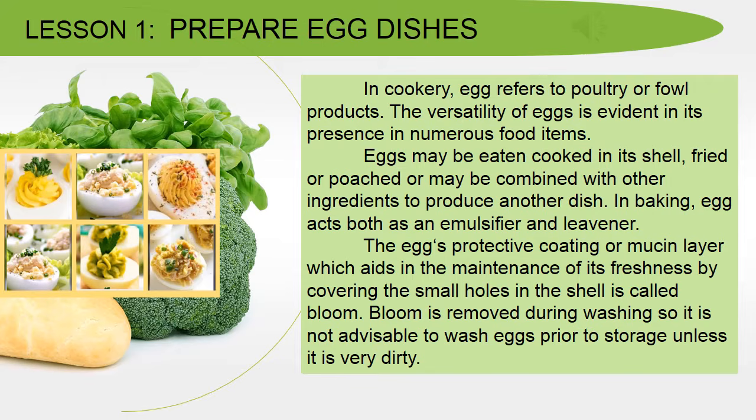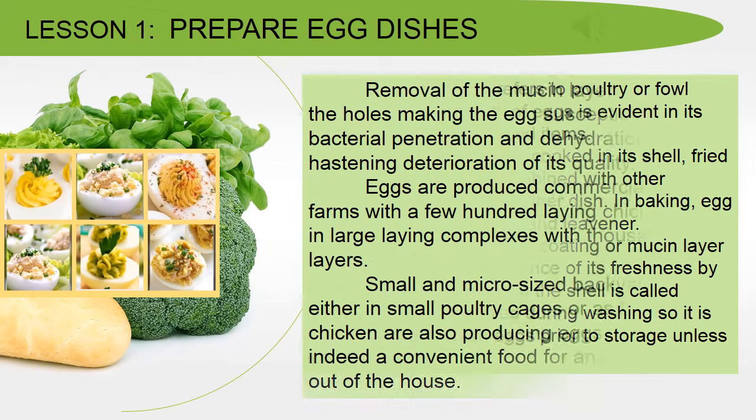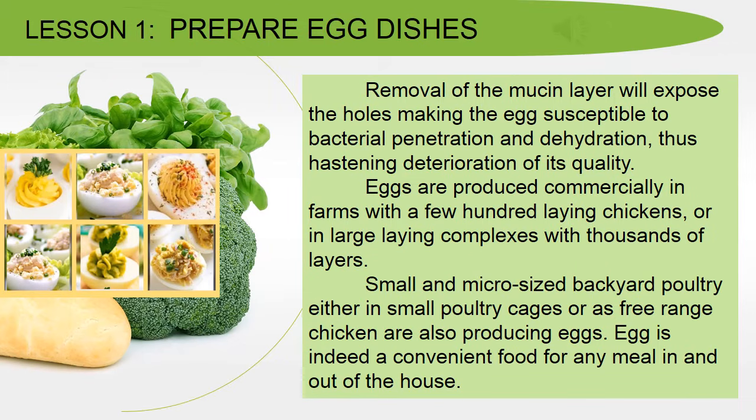The egg's protective coating or mucin layer, which aids in the maintenance of its freshness by covering the small holes in the shell, is called bloom. Bloom is removed during washing, so it is not advisable to wash eggs prior to storage unless it is very dirty. Removal of the mucin layer will expose the holes, making the egg susceptible to bacterial penetration and dehydration, thus hastening